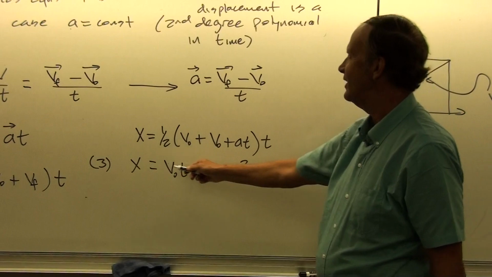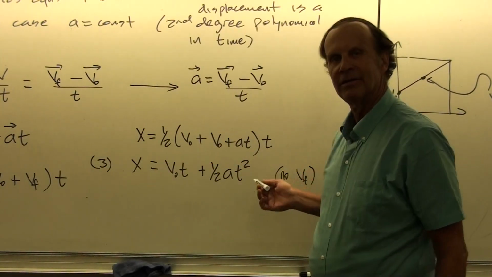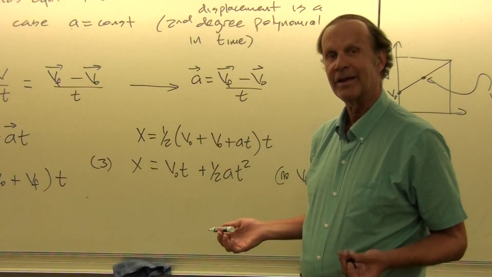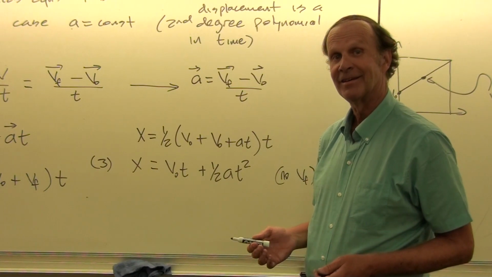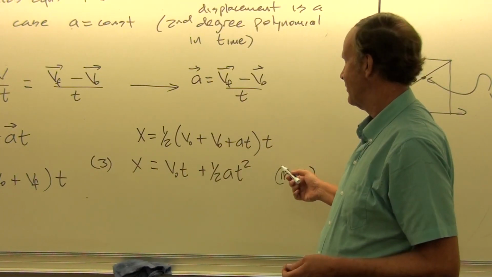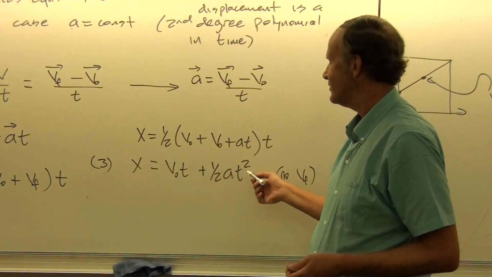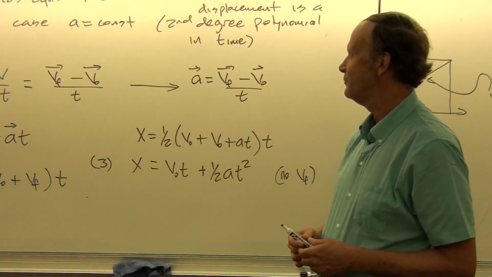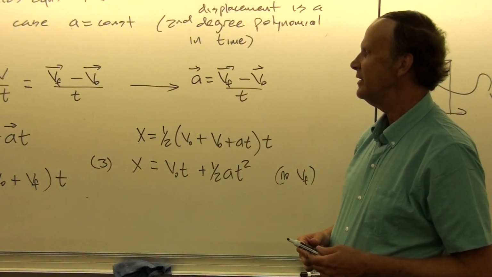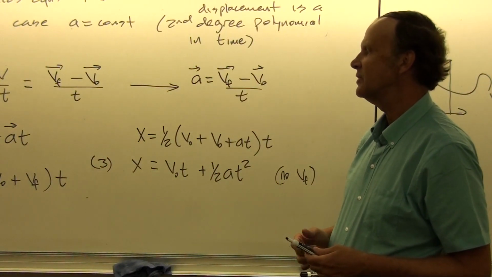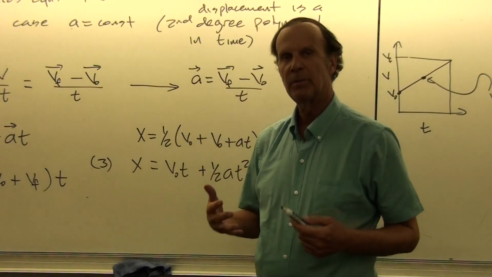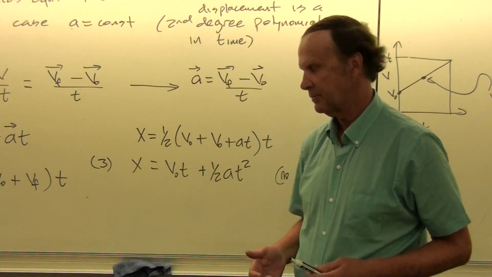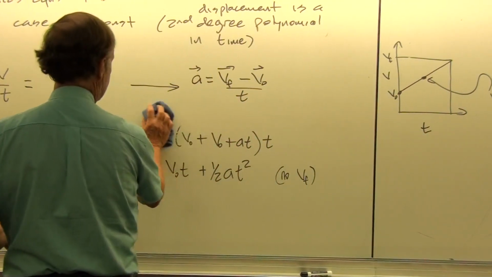So when would we use equation 3? Well, when we don't know what v final is and when we don't care, when we're not asked for it. Then why would we want to mess with v final if we're not asked for it and we're not given it? And so this just gives us a way of identifying which equation gives us the right answer with the minimum amount of calculation. So that's equation 3.